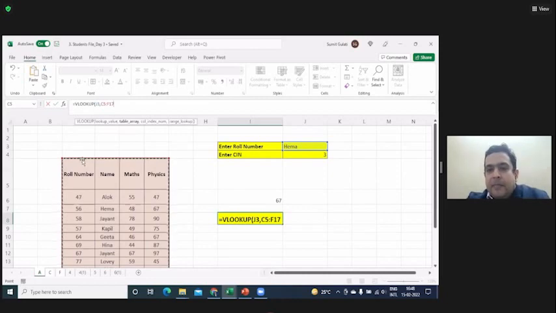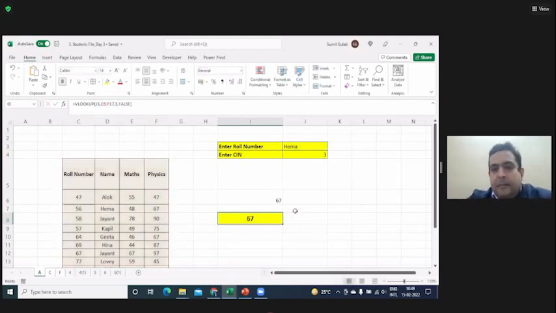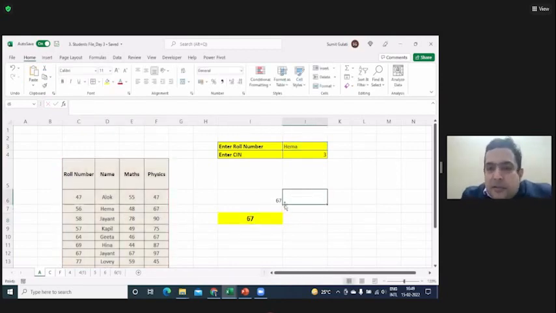So where will it look for Hema? It will look in the roll number column. It will give you an error. Got it, sir? Whatever you are looking up, whatever is your lookup value, Excel will try to find it not in any other column, but in the leftmost column of your array. Is this clear? Yes, sir. So it won't work if you select from this point. Any doubts with this? Do let me know.